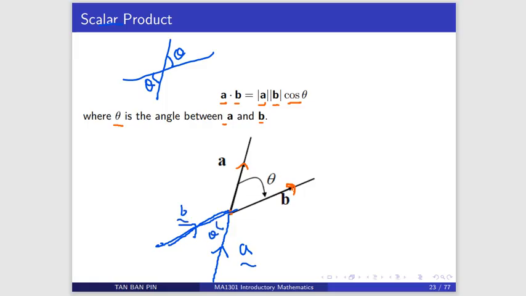It can't be one pointing out, one pointing in. If you draw one pointing out, one pointing in, then you will find that the answer is not unique. So that's why we define the angle between two vectors to be both pointing out from the same point or pointing in from the same point. If you draw it like this, A pointing out, then B pointing in, then you will find that you get a different angle. Then you get a different answer. So the unique answer is you define the angle between two vectors to be the two vectors pointing out from the same point, both pointing out from the same point or pointing in from the same point.